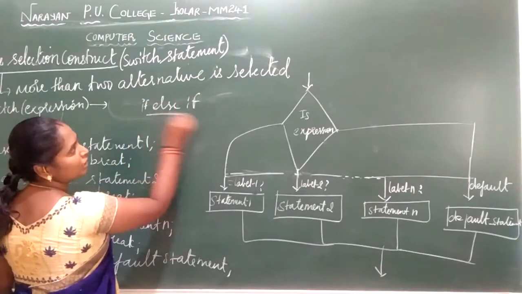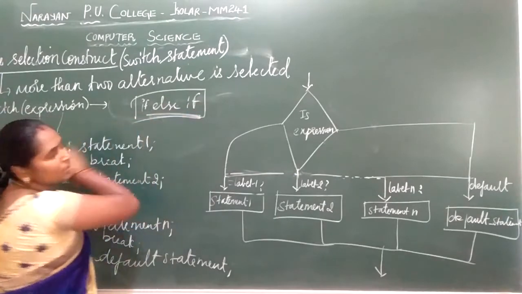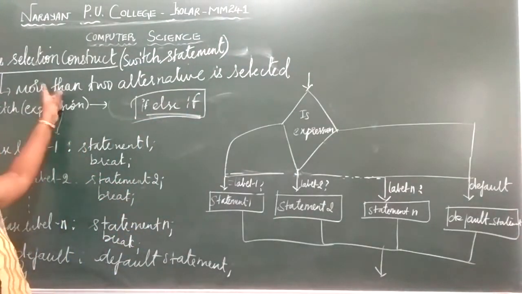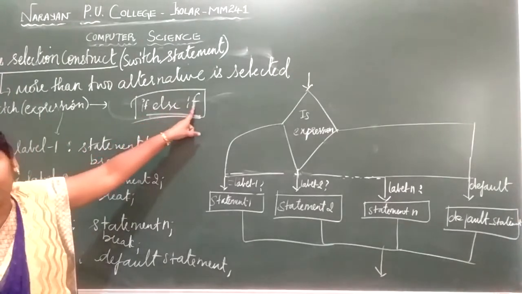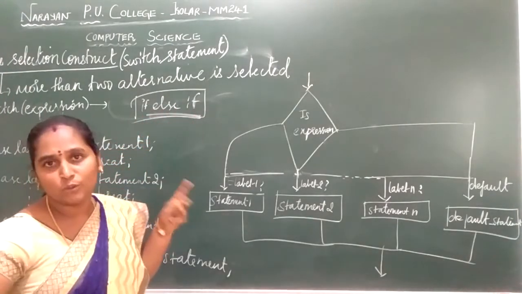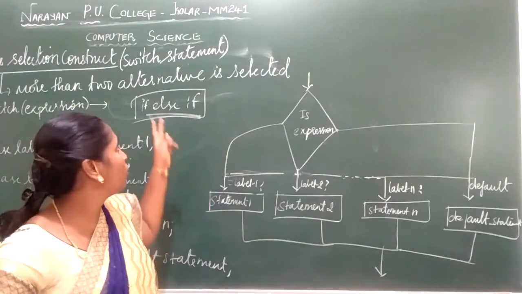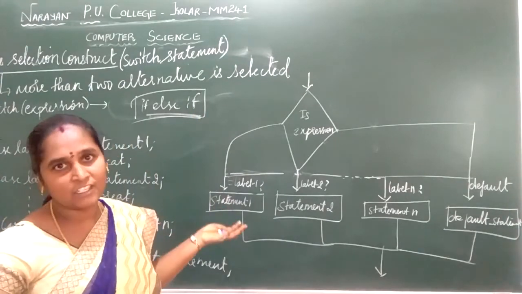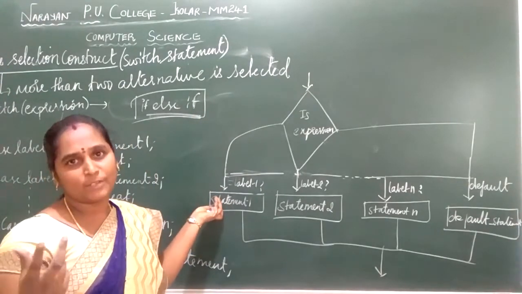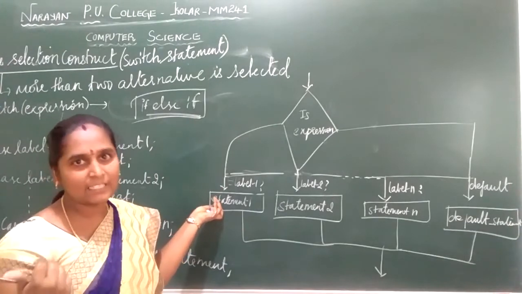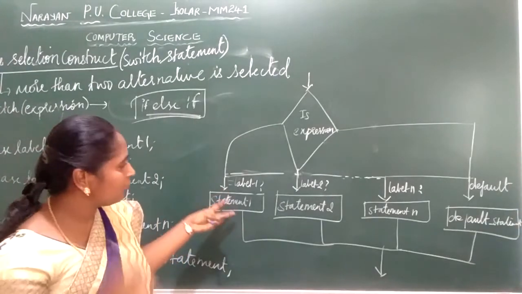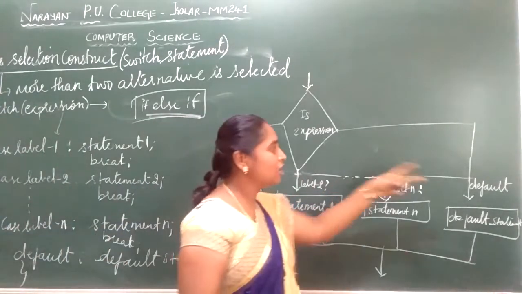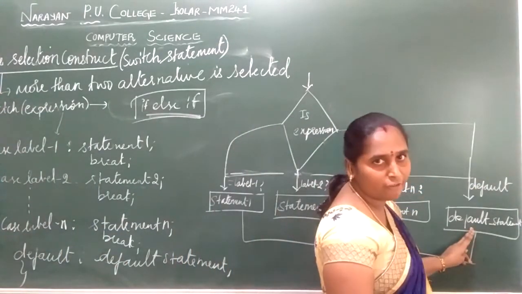The working construction is similar to the third selection construct, which is nothing but the if-else-if statement. I have already told you, more than one condition is to be checked. When you go for an if-else-if statement, you are checking more than one condition. If the value of the given expression matches with any of your cases or labels, a set of statements is executed. If none of these is matched, then it is going to execute your default statement.